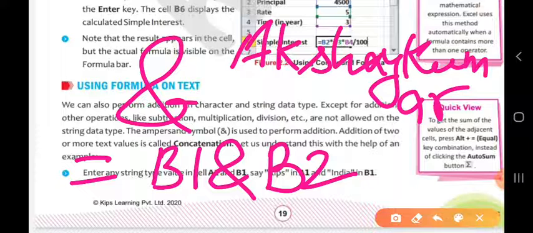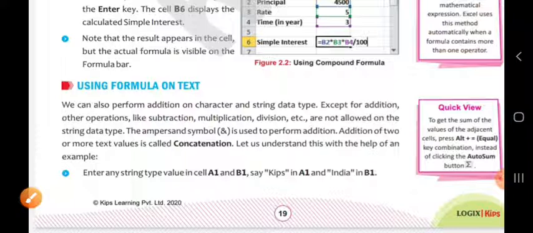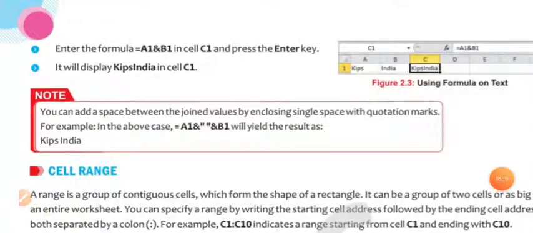And one thing I want to make very clear is that only addition of two texts is possible and the rest are not possible; subtraction, multiplication, division on text is not possible. Let us understand with this. Here you can see, enter the formula equals A1 and B1 in cell C1 and press the enter key.